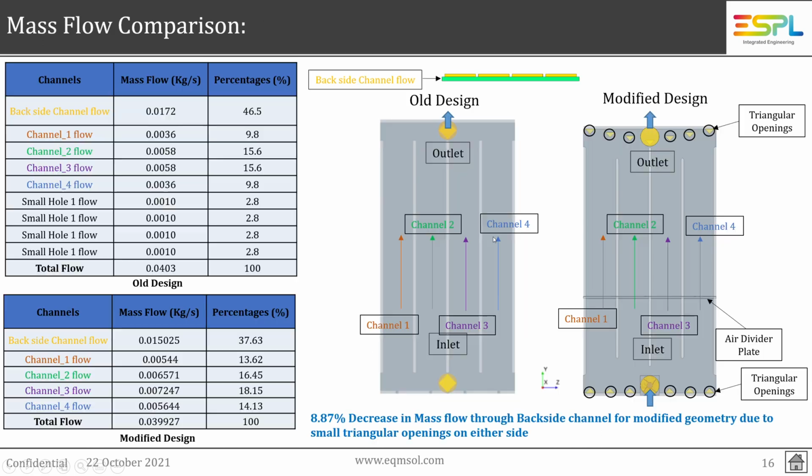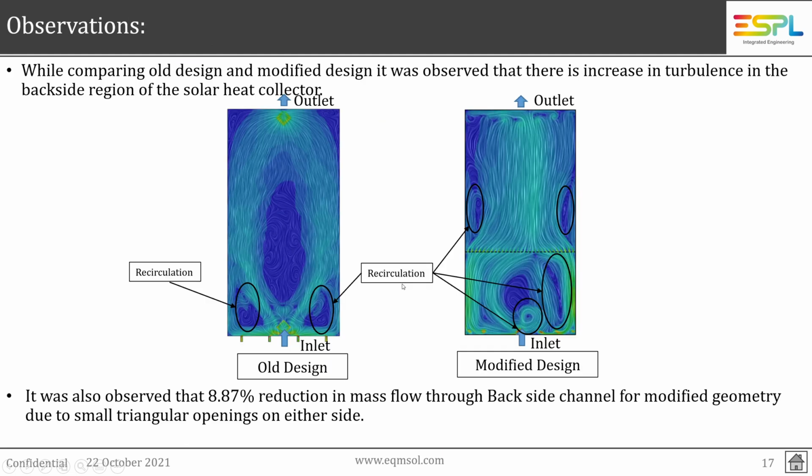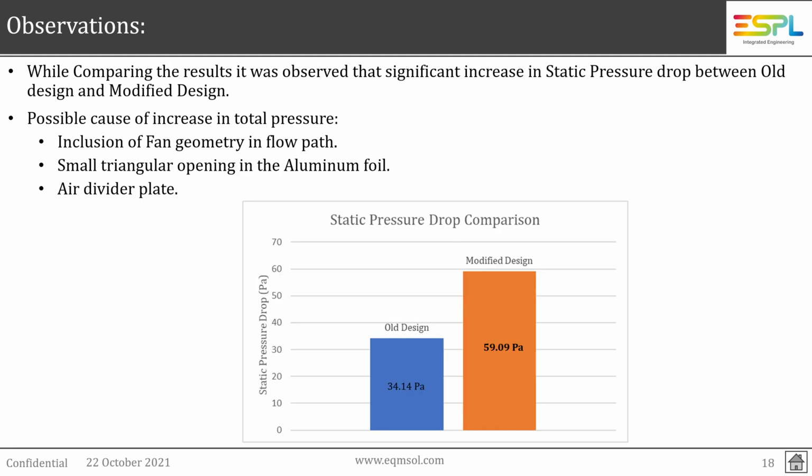Again, some streamline pictures, some comparisons of the pressures, not much here. And on the visible side channel, there was more turbulence there, which was the target, so it's doing quite good. But also there's less air going there, even though the target was to get more air there. So I need to do something about that. Same here, I notice that the fan might cause problems, the triangle openings might cause problems, and the air divider plate might cause problems. I think the main problem at the moment is that I need to make sure that